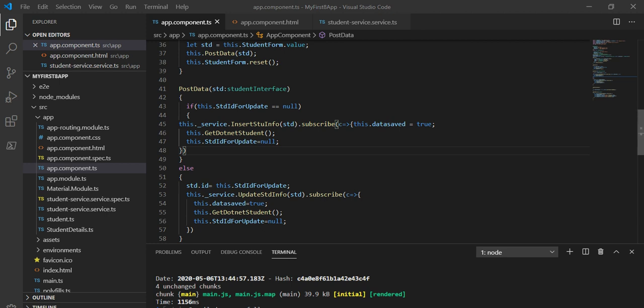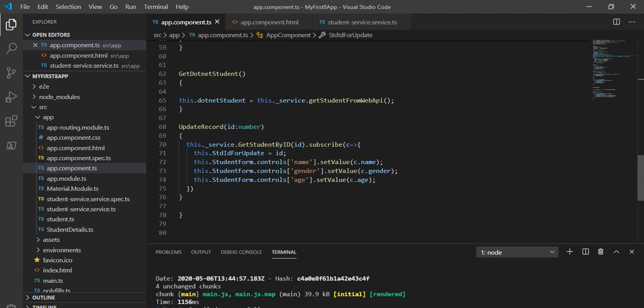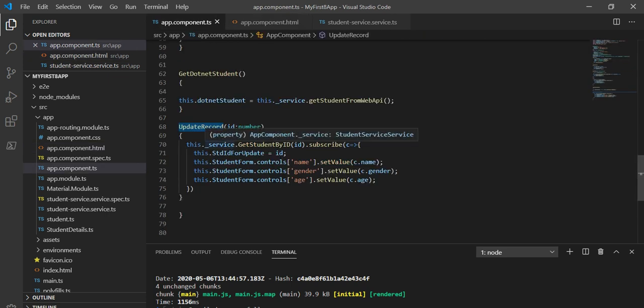So what we did in this application, like first we have taken this variable, this is used to identify whether we are going to update the record or insert the record. Then we have defined this update record. Basically we call this when we click on the edit button. And here we are calling the service method called get student by id, and we subscribe to it.